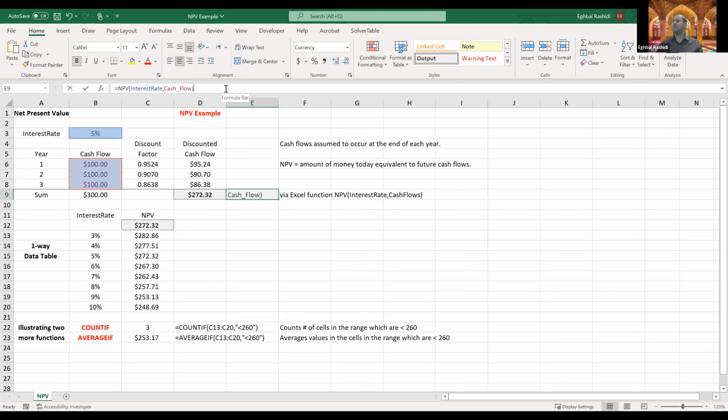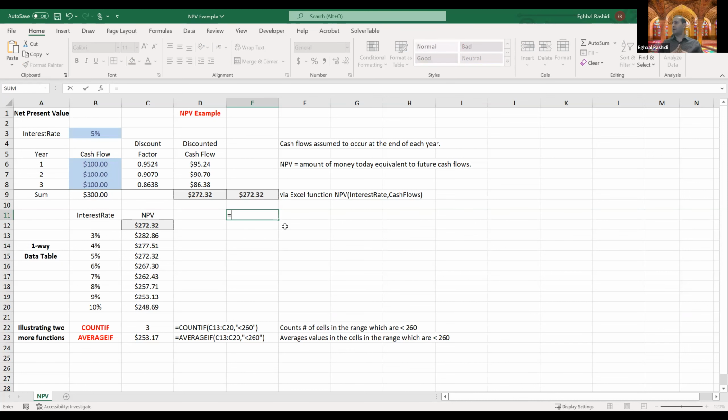So this is the NPV formula. The NPV formula is the interest rate, which is 5%, and the cash flow, which is column B6 to B8, right? Then if you hit that, that's $272.32. Because this is actually the fixed payment of $100 per period, you could use also the present value,